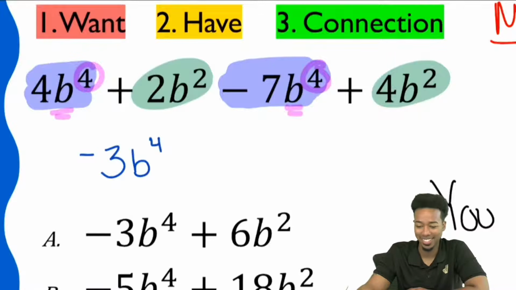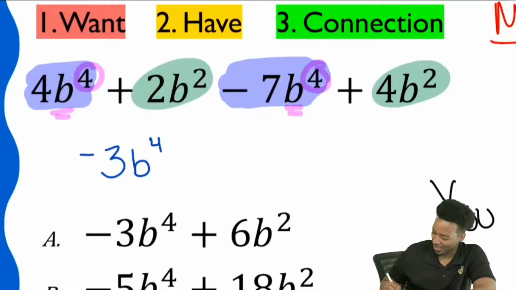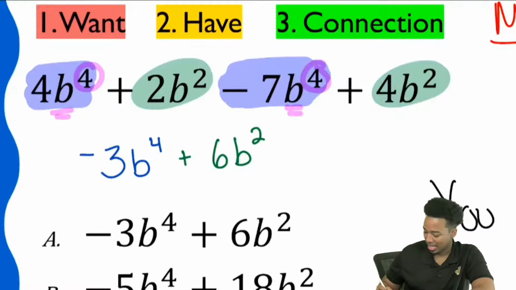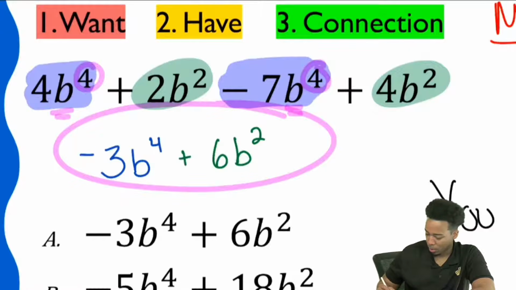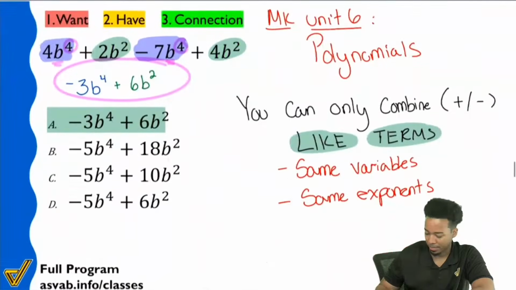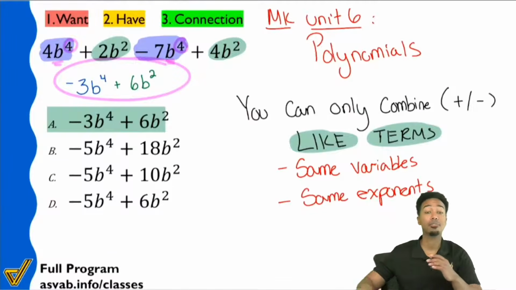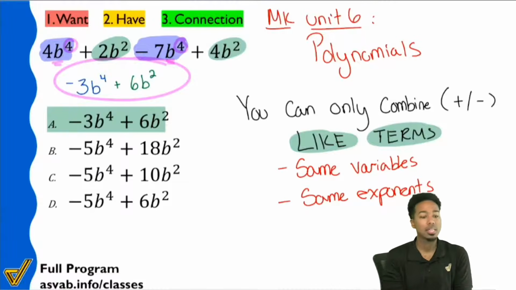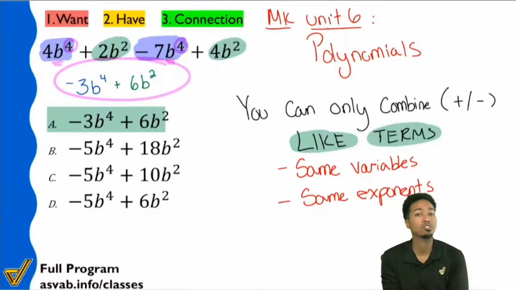6b what? Yeah, 6b squared. I got to get on you about that, but there it is. That'll be 6b squared. And that's our answer. And that shows itself right here with answer choice A. So there it is. Again, a very sincere rule, one of the plenty of rules that exist when it comes to factoring polynomials, distributing polynomials, and polynomials in general. You definitely need to know this and how this works.